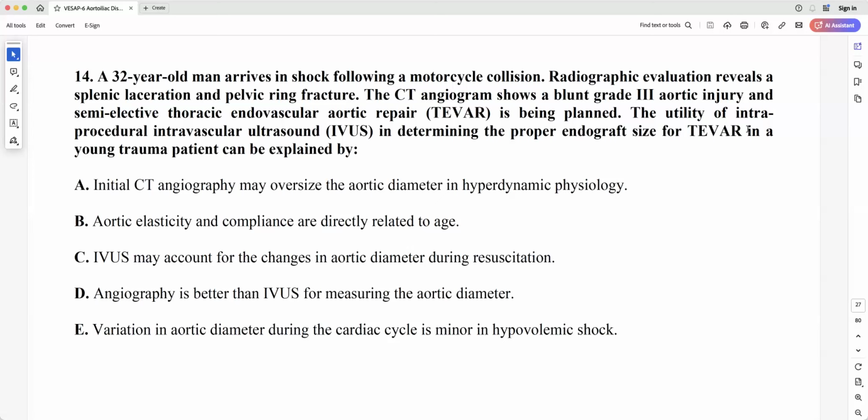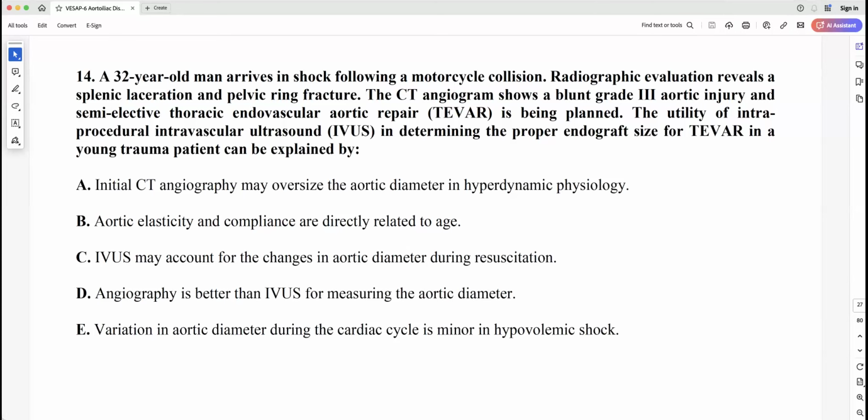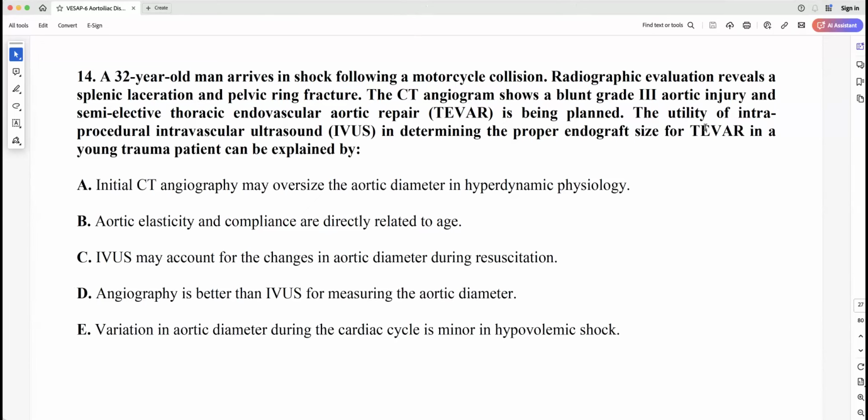Ahmad, do you want to go again? Yeah, okay. A 32-year-old man arrives in shock following a motorcycle collision. Radiographic evaluation reveals a splenic laceration and pelvic ring fracture. The CT angiogram shows a blunt grade 3 aortic injury, and semi-elective thoracic endovascular aortic repair, TEVAR, is being planned. The utility of intraprocedural intravascular ultrasound, IVUS, to determine the proper endograft size for TEVAR in a young trauma patient can be explained by